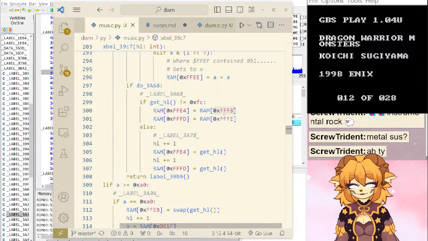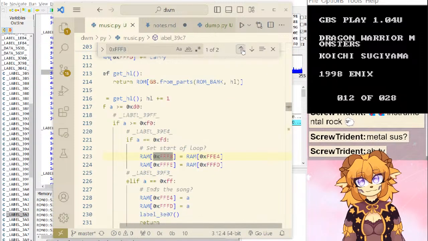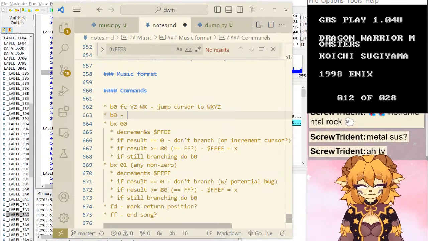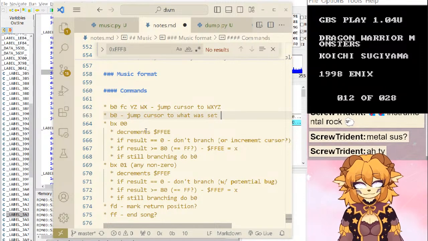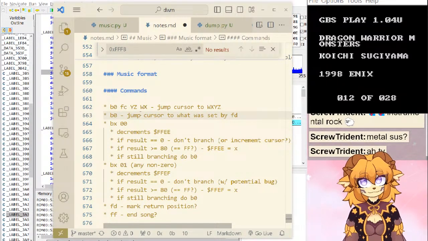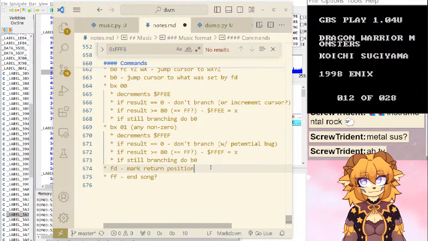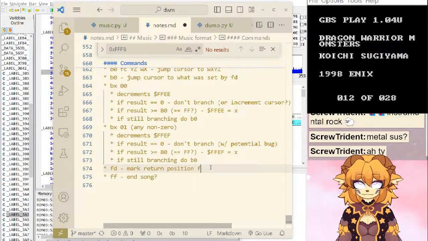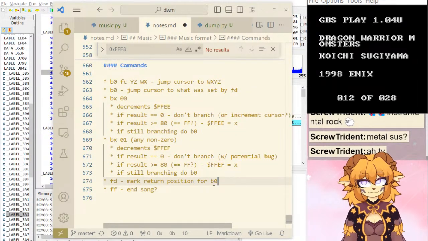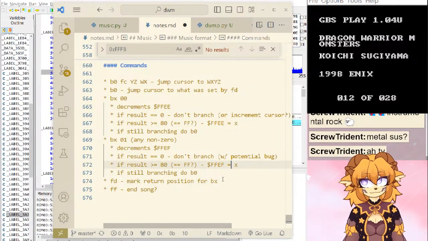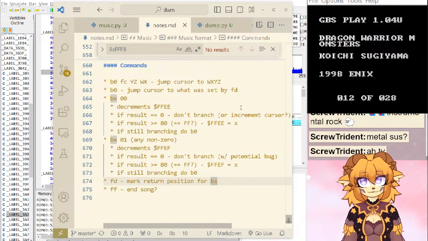So F8, this is what was set there. Okay. Cursor to what? Set by FD. So. Or I'll say BX, I guess. Because it's not just B0, everything can fall into there and do that one.